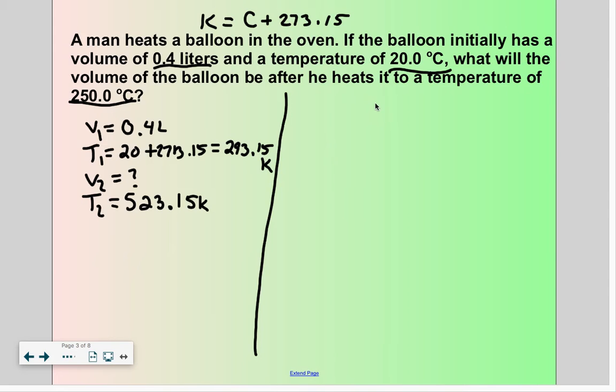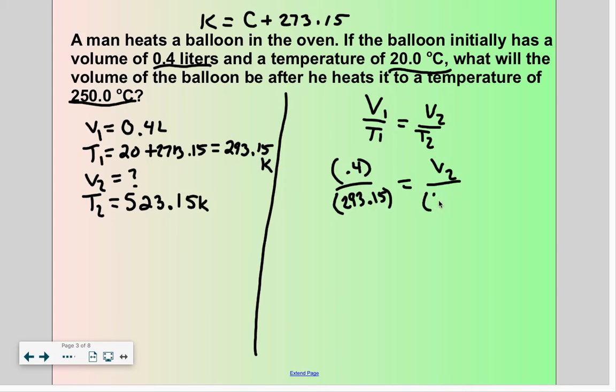All right, so I see that this is volume and temperatures, which means that we are dealing with Charles' law. So this is V1 over T1 equals V2 over T2. All right, so I'm going to plug in my numbers. V1 is 0.4. T1 is 293.15 equals V2, my unknown, and